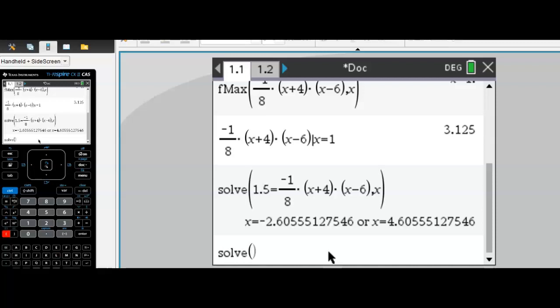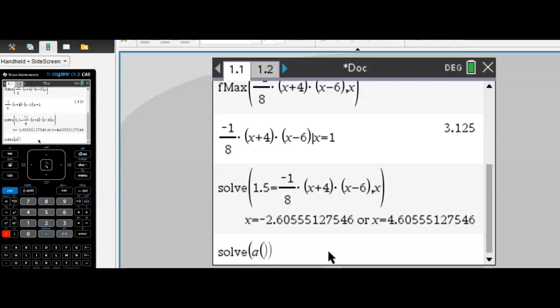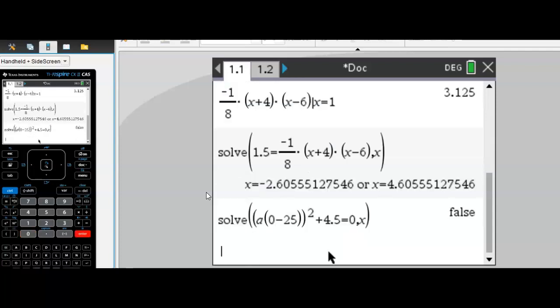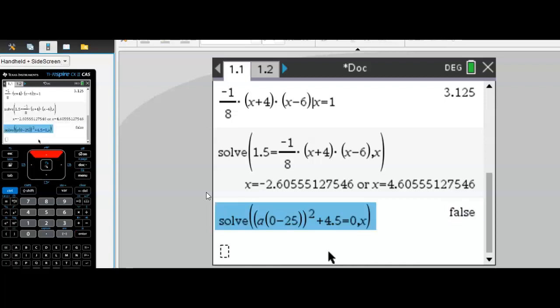Let's see if I can remember it. What was it? A, x, that was 0, wasn't it? 0 minus 25 squared, and then plus 4.5, oops, equals 0. No, equals 0, sorry, comma x. Okay. It's saying false. What we need to do